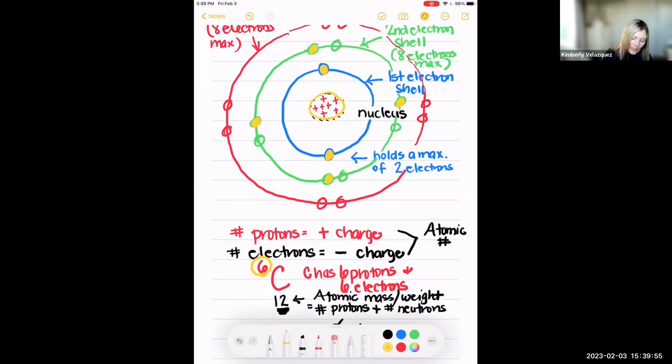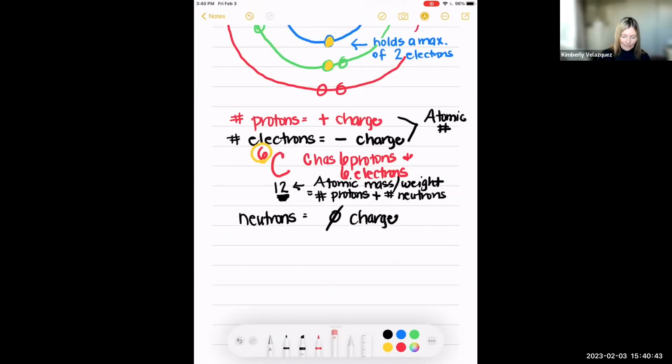This is where all the atomic mass exists. And those neutrons have no net charge. So if the atomic mass or weight equals the number of protons plus the number of neutrons,